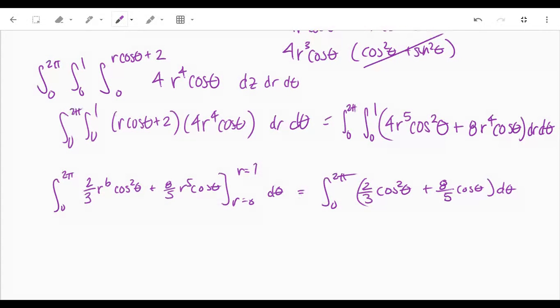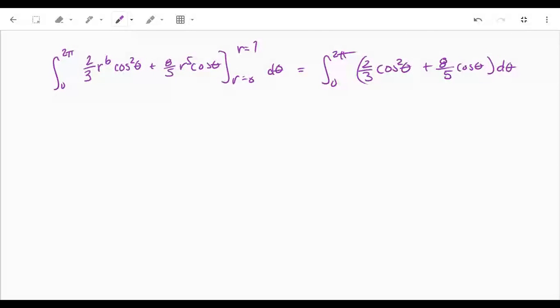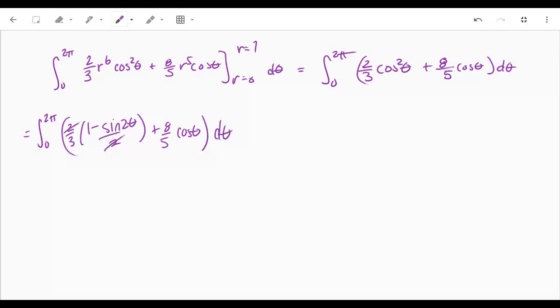All right, we got a cosine squared, so we need to use our trig identity there. Okay, the 2's cancel. So I have a 1/3 minus,